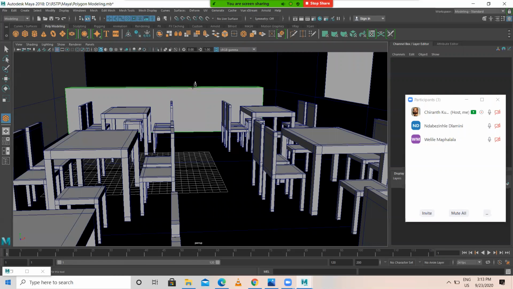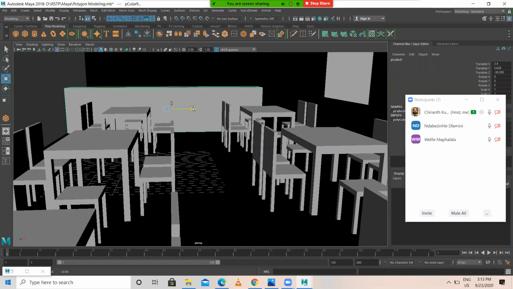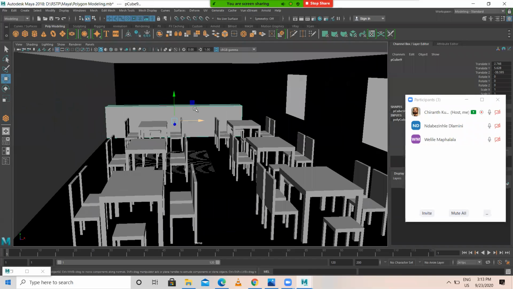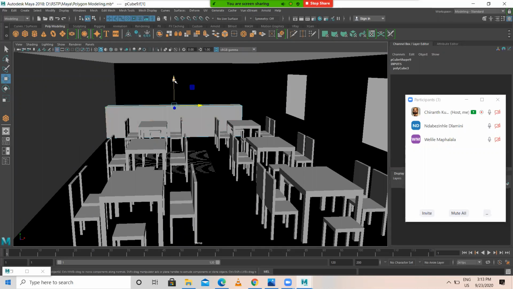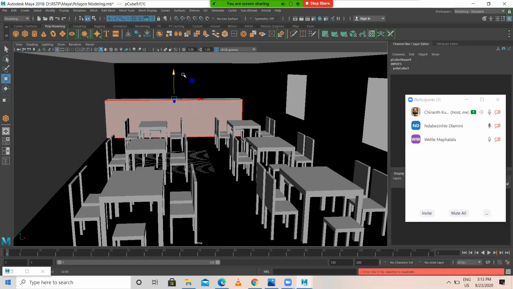Just place it like this. Something like this. And I duplicate this.